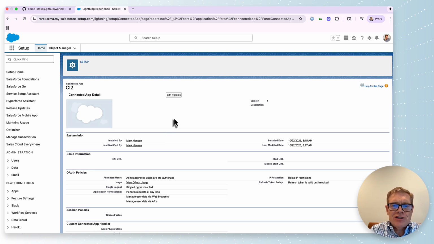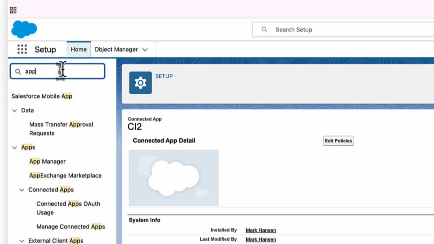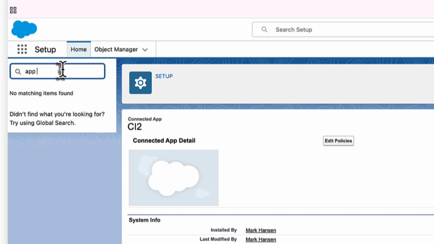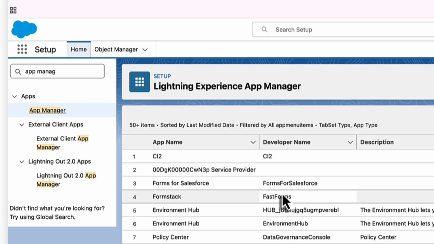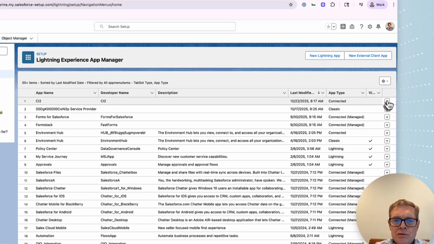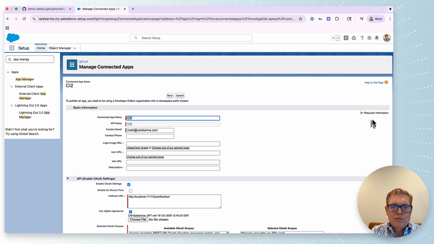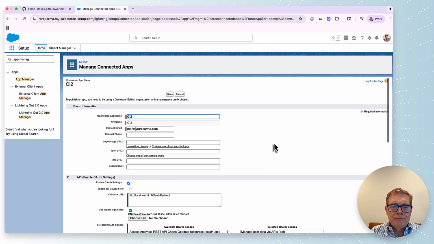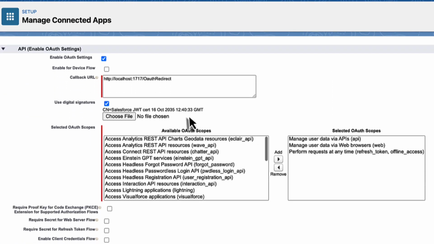Now, just to make this confusing, we need to go into App Manager because we can't see all the other settings from that view to look at the rest of how this connected app has been set up. So we go in here under Edit, and yeah, then you can see the other important stuff like the